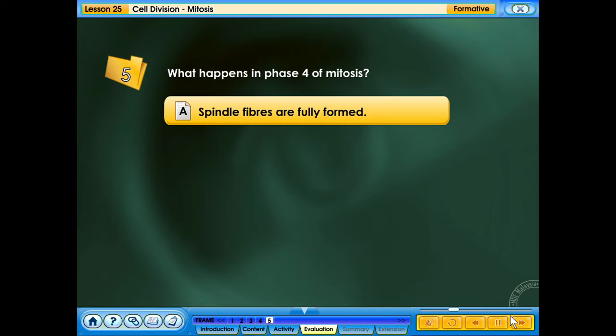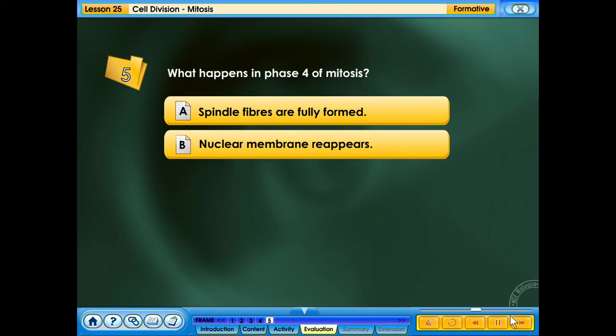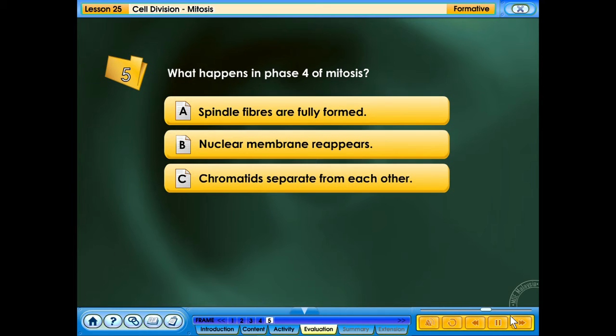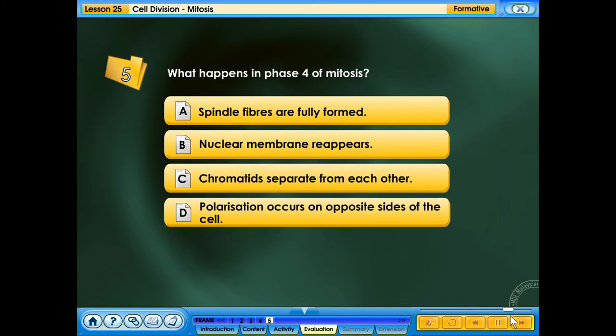What happens in phase 4 of mitosis? A. Spindle fibers are fully formed. B. The nuclear membrane reappears. C. Chromatids separate from each other. D. Polarization occurs on opposite sides of the cell. Your answer is